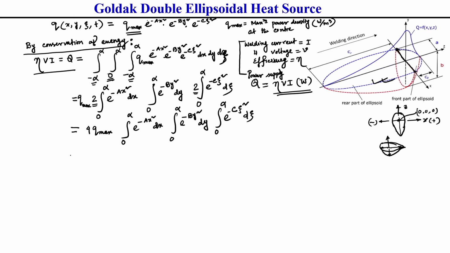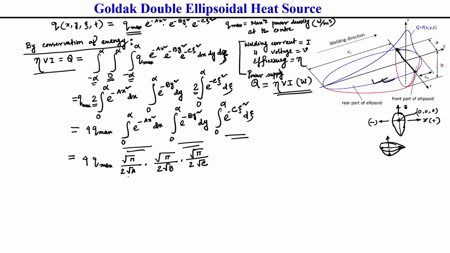So, this we can write generally, whatever value we are getting, this can be derived as some value. What is this value? Directly I am just writing 4 into q max. How will this value come? This also I will show you. This is actually root over of pi by 2 root a for the first integration, then for the second integration it will be root over of pi by 2 root b, and for the third integration it is root over of pi divided by 2 root c.